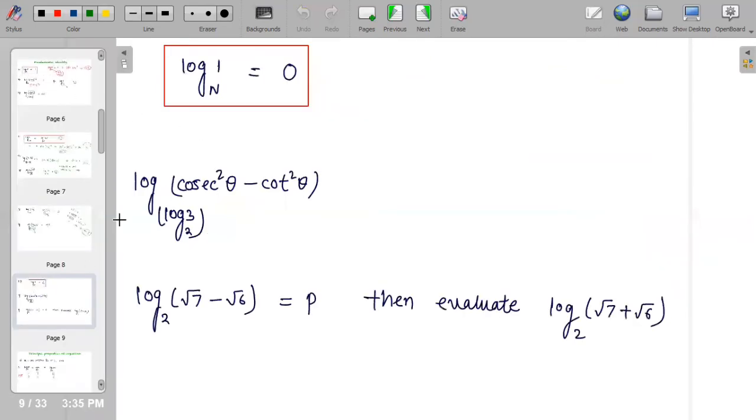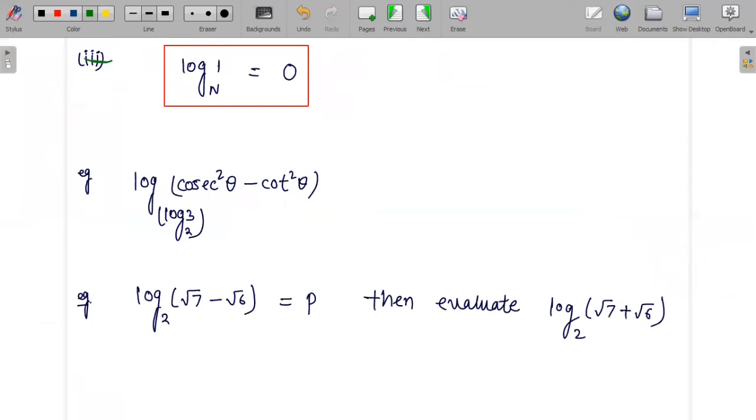Now let's move to the third and the last identity. In that one, if the number of a log is 1, if our input is 1, then we'll end up getting a 0. For the proof part, again, you may consider log 1 to the base n is equals to some value. Let me call it beta. So from there, I get 1 is equals to n to the power beta.